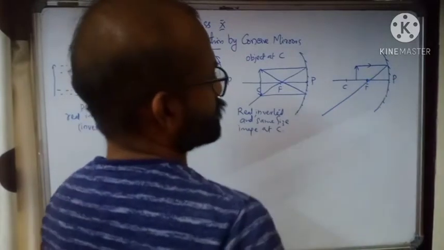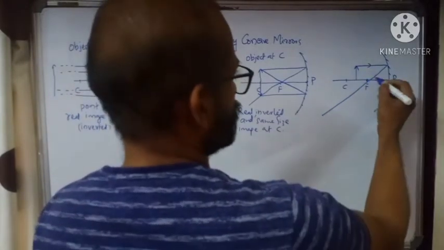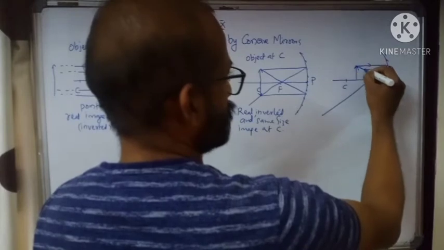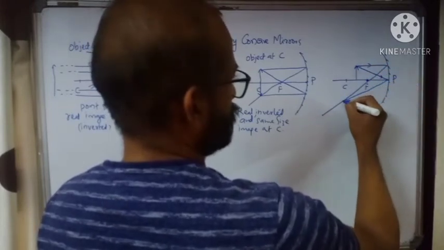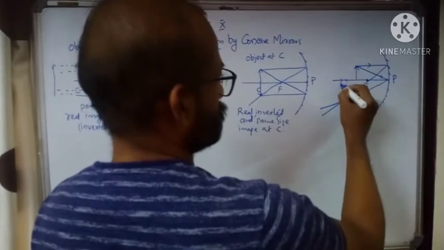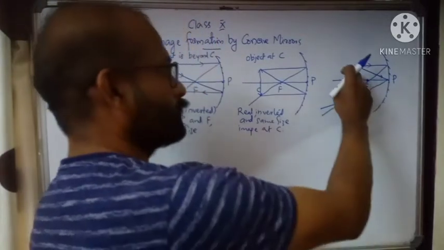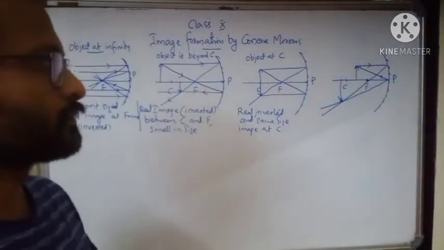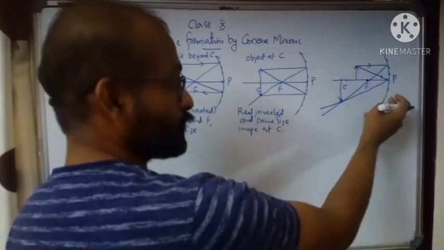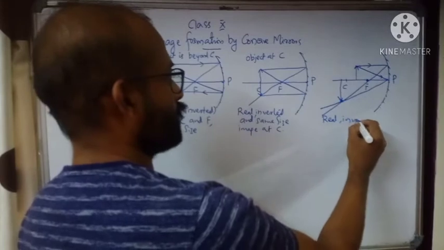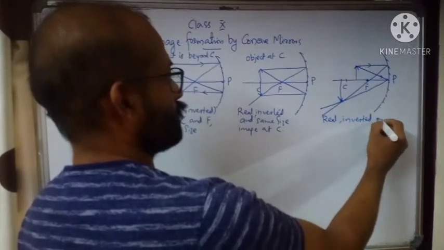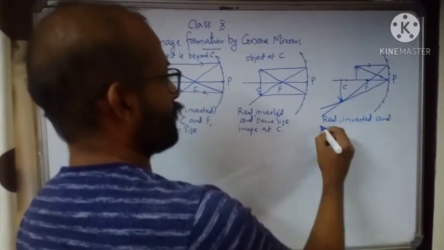Okay. Second light ray we can draw oblique incident. It is incident at a pole at an angle. It is obliquely reflected. See, after reflection the light rays meet here. So compared to object, this is very bigger in size. So we can write it is a real image, in front of the mirror. We can say real image, inverted image, and a big size and enlarged.